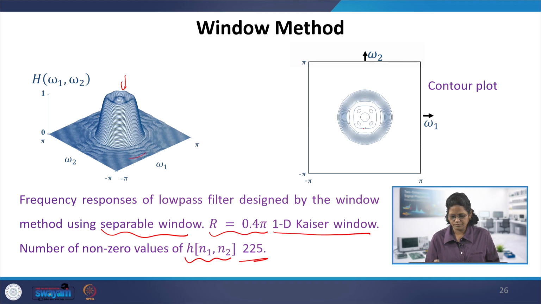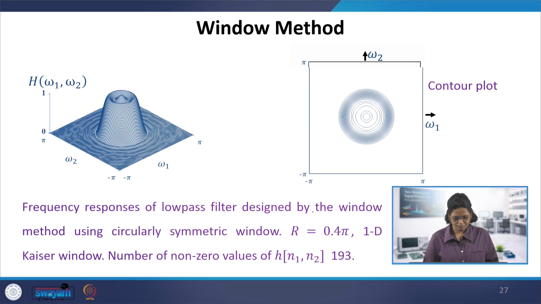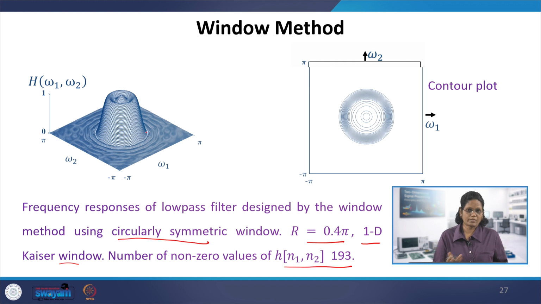So you can see the contour plot as well. Okay, the same design with the case of 0.45 pi and then 1D Kaiser window, and the number of non-zero samples is 193, and this is with the circularly symmetric window. So circularly symmetric window, the design, so the window function multiplied h of n1 comma n2 obtained from that is 193 samples, and you can see the circular